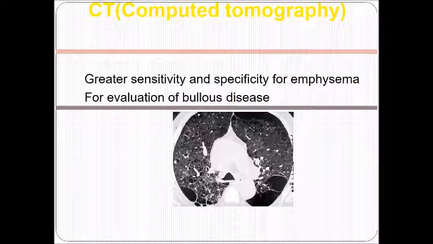Now what is bullous disease? See in the diagram, in the below part you can see air-collected cavities are visible. They are called bulla. In X-ray they will not be visible clearly, but in CT scan you can have an idea about their size. They are nothing but, due to destruction of the wall of the alveoli, there is collection and trapping of air in pockets. These pockets are called bulla.